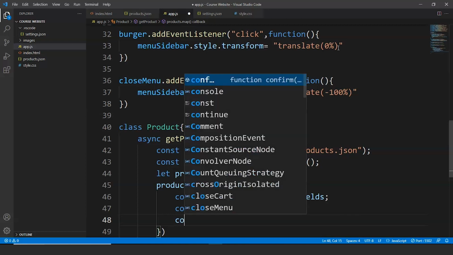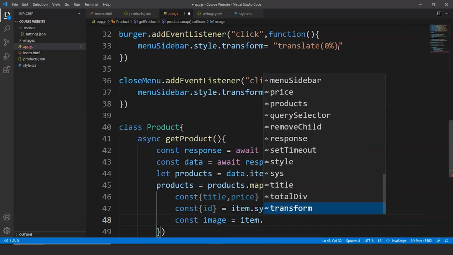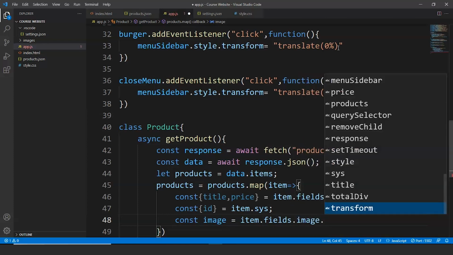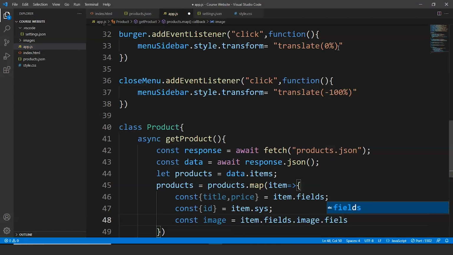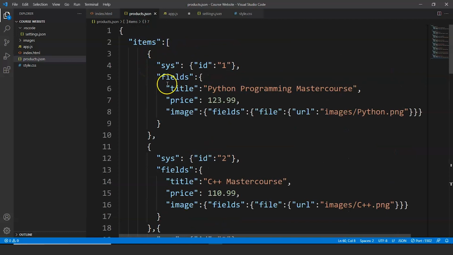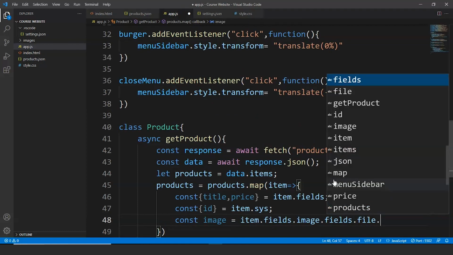Then we'll write here const image. Now we are fetching the image, so we'll write here item.fields.image.fields. We are actually giving the path, right? If you see here in the JSON file, inside items we have sys and fields, then inside fields we have title, price, image, and then inside image we have fields, file, and URL. So we'll access each of them. Now we'll write here after fields .file.url,